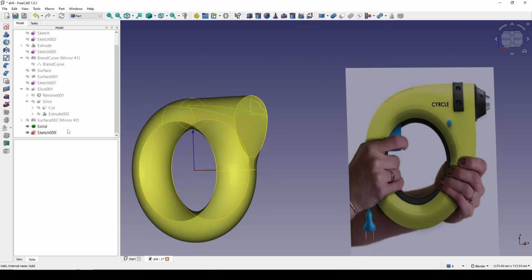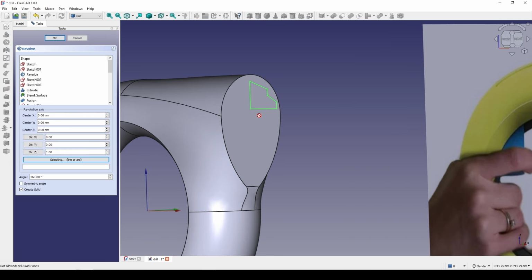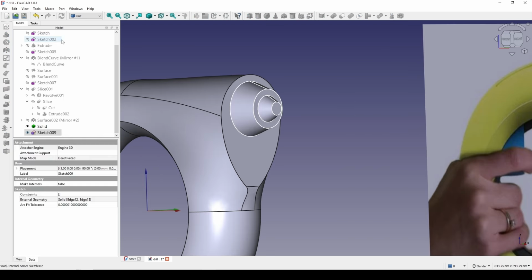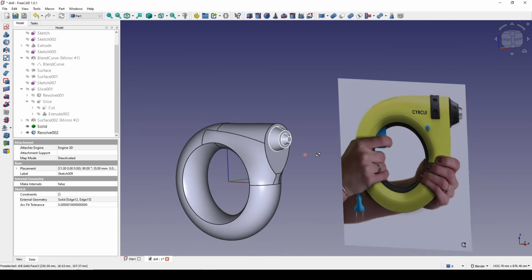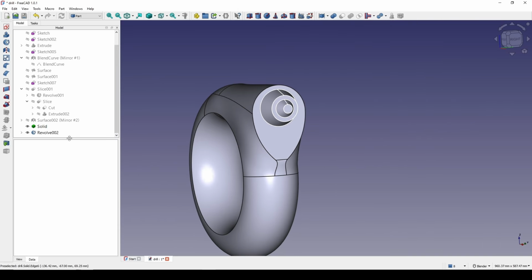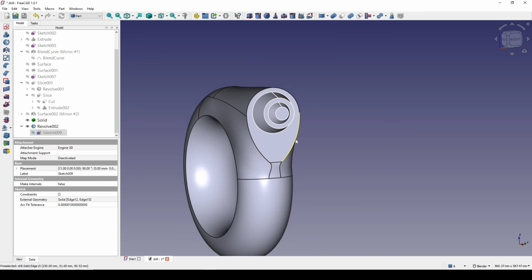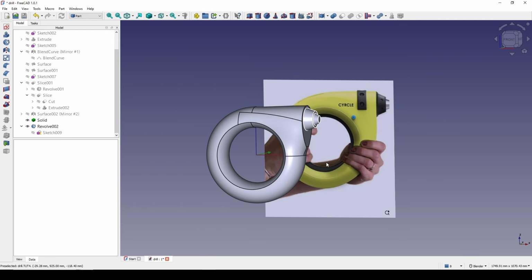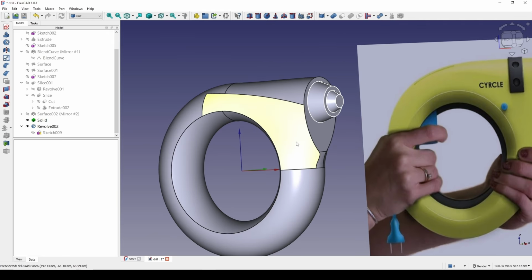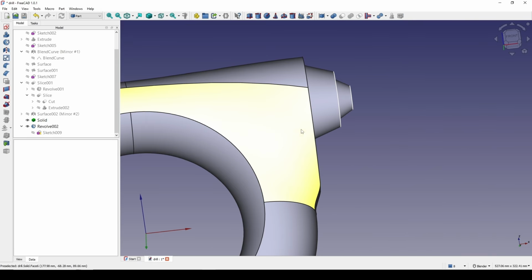And click on the sketch, go to the Revolve, and go to the select reference, selecting this edge. Okay. Something like this. Maybe you can bring this one out a little bit, go inside the sketch. Selecting this line, bring this one down a little bit. Something like this. So back here, if you want to create and control the surface in this area a little bit better,